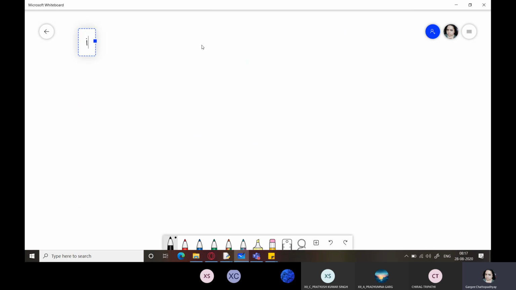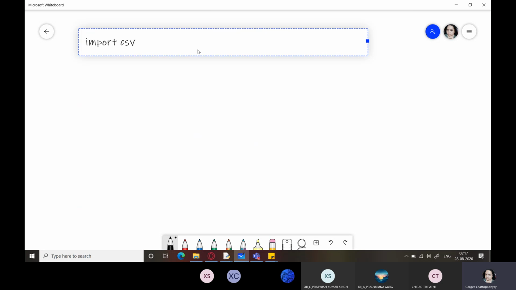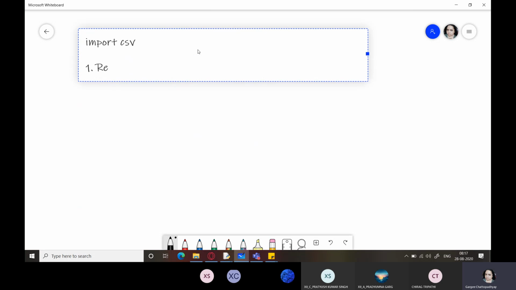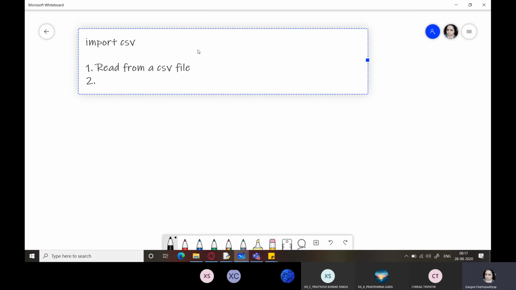Now, for this, we need to use a statement that is import csv, which is the CSV module. So we will be first doing what? Read operation. Read from a CSV file, and second, write to a CSV file.